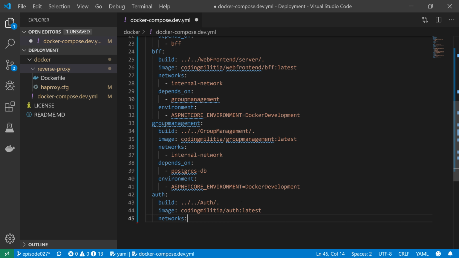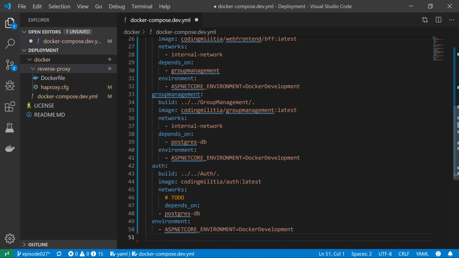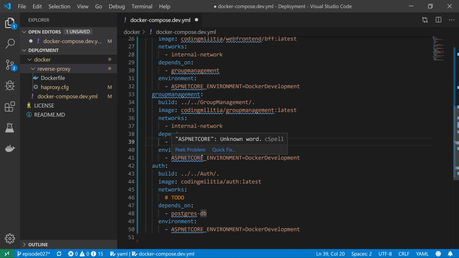So here is where something is different. Let me put just this here. I'll copy just the rest. So the same as here, depends on, so this Postgres, we didn't start it yet, but we'll have the database as well. So all the same, but the networks in here will be just slightly different, and I'll explain why. So in here, it will have internal